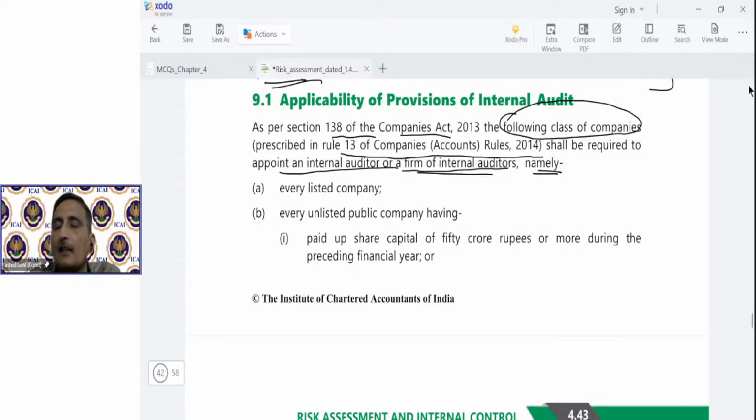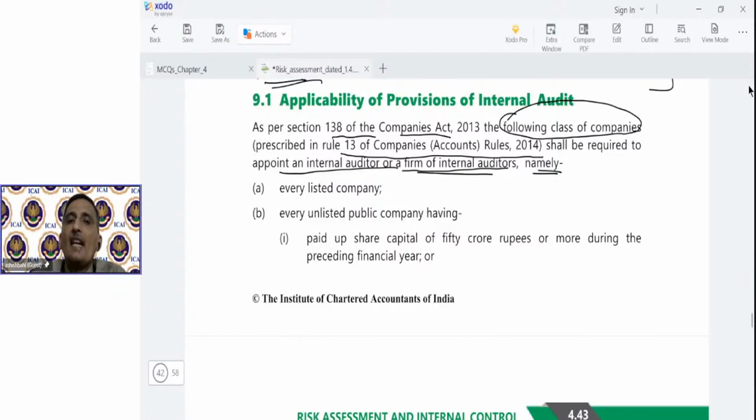Sometimes a direct question or an application-based question can come, that this company has so much capital, whether it is required under Companies Act 2013 to appoint an internal auditor. Where law provisions are involved, you have to remember them as they are and apply. Okay,